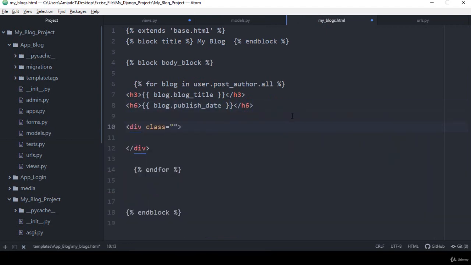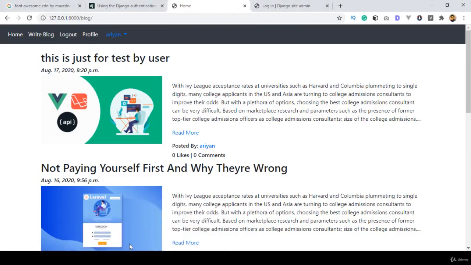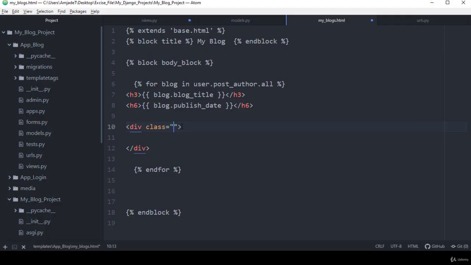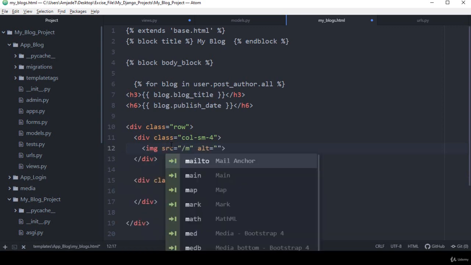Okay, and also, better after this I take a div. I want to create the same design again, like this design. So I want to take a row, and then I take another div and make it col-sm-4. Then I take another one, it should be col-sm-8, then it equals our 12 columns. So here I want to load our image, that means our blog post image. That will be in our media,